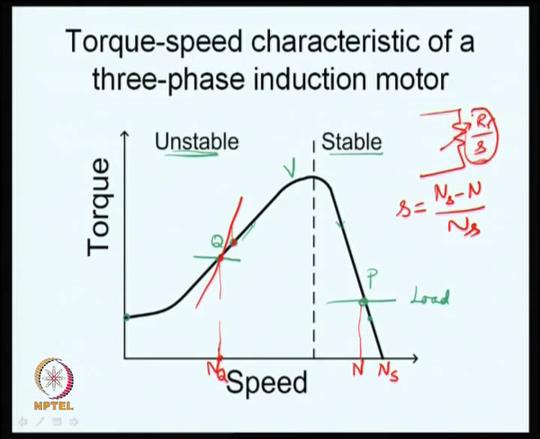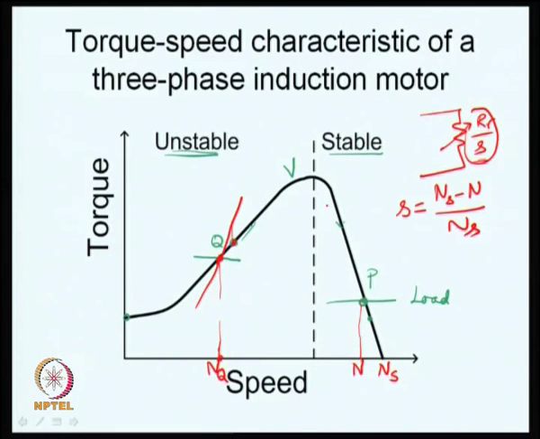So, normally induction motors will operate with a slip of just a few percent points. So, R by S will be much higher than Rr. If S becomes higher and higher, Rr by S comes lower, and therefore, the rotor resistance is low. What I am trying to say is, it is going to draw very high current, prohibitively high amount of current. So, it may not be possible for you to operate in this operating point Q in a sustained fashion, whereas this operating point P it is possible for you to operate for a reasonably long period of time. So, this is our understanding about the torque speed characteristic.